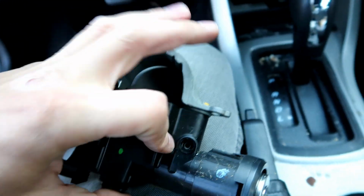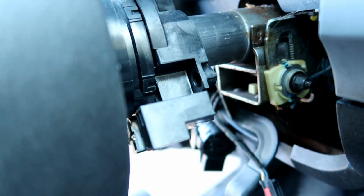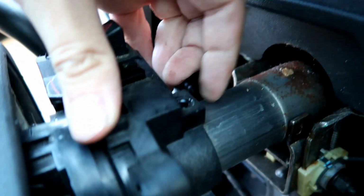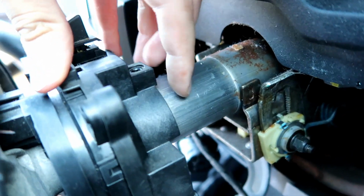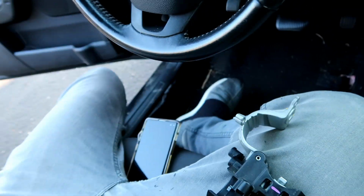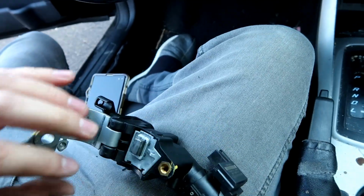This one was the most difficult to get out because it literally pushes up right here, so you don't have a lot of space to get it out. But once you do, you slide it back from underneath this housing, so towards the cluster here, and then open it up like so, and then just gently maneuver it out of the way. So now we need to keep the same